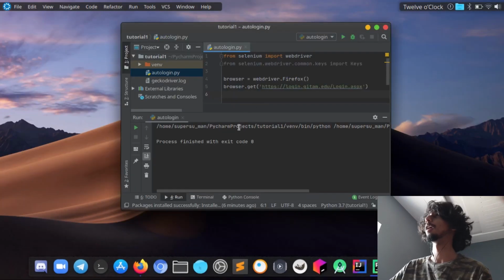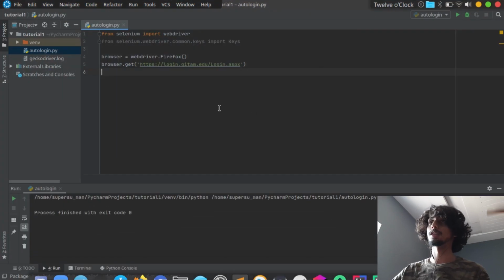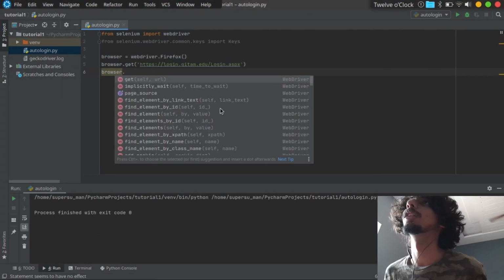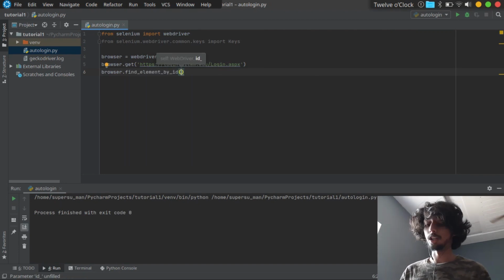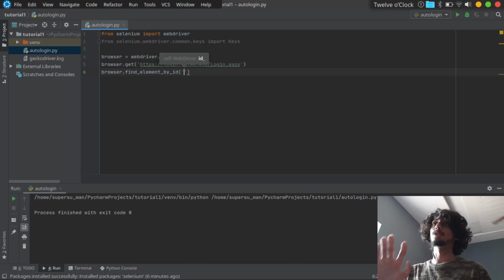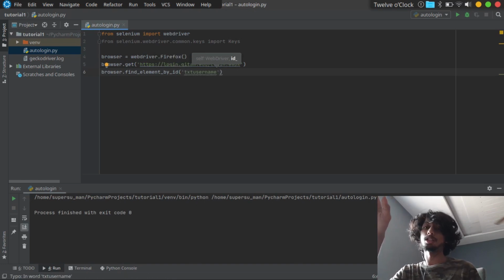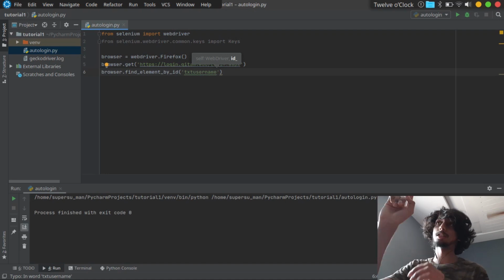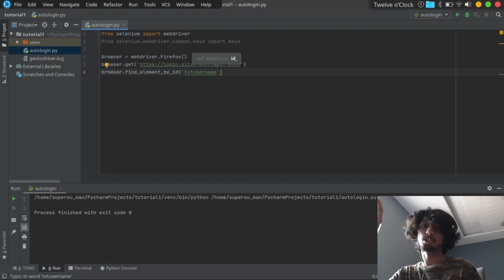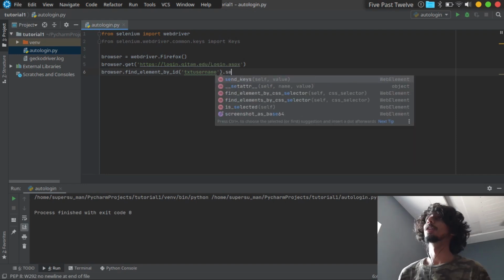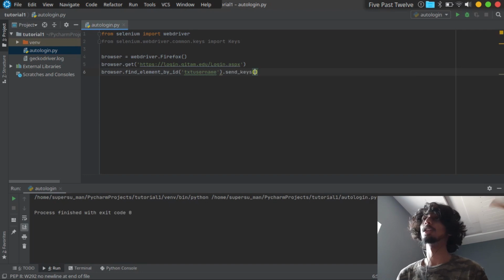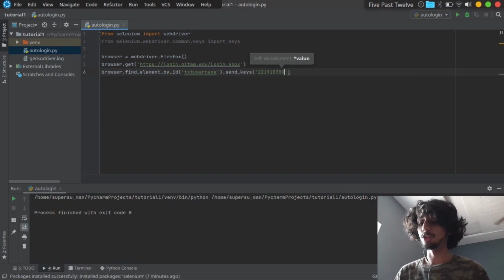Let me just copy, and what I'm going to do now is browser dot, there's this function called find element by ID. Now in the single inverted commas paste that ID. So what this code basically does is, after going to the website, it's going to find the element in the web page which has that particular ID, and this is the ID which we are giving. So it's going to find that text box right there. Now you will be finding the send keys function. We are using this function to send the data which we want. Now I'm going to send my username.